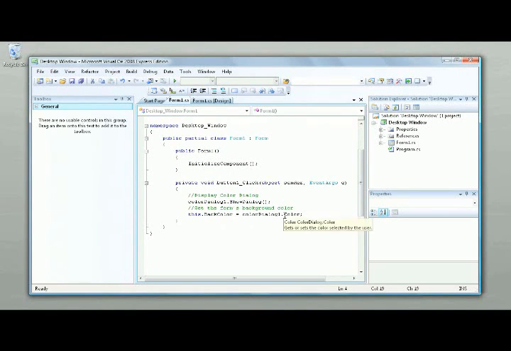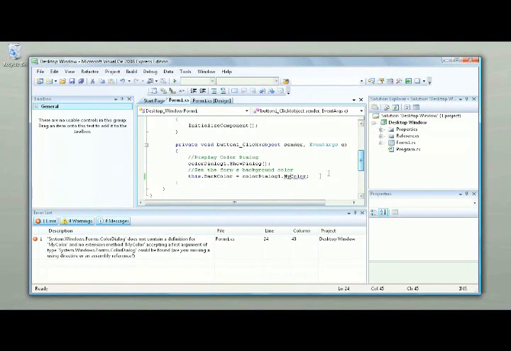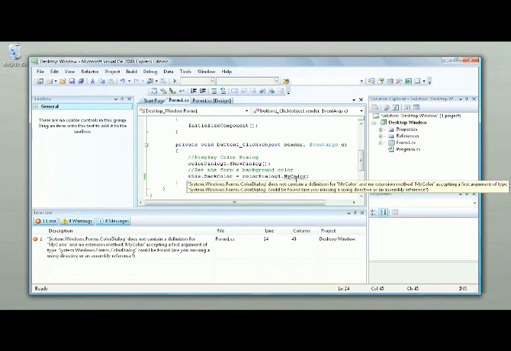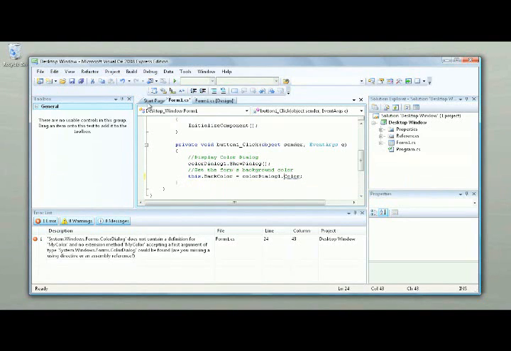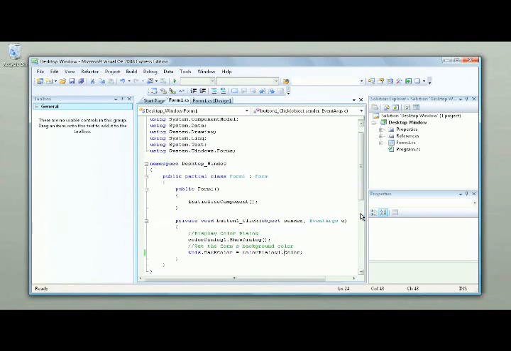Say we accidentally used the wrong property name. For example, if we used myColor instead of color. Now, if we try to compile or build our project, notice that Visual C# Express gives us an error message and underlines this as a mistake. We can see the specific error message by moving our mouse over the underlined section. Let's go ahead and correct this. Great. Sometimes a program will compile and run fine, but not produce